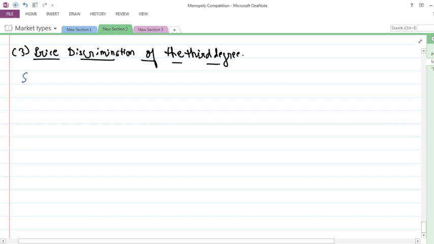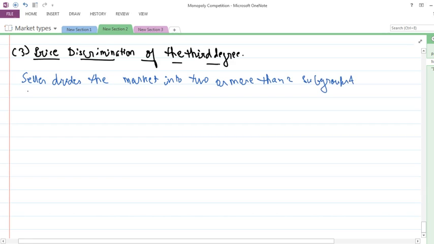Okay, seller divides the market into two or more than two subgroups